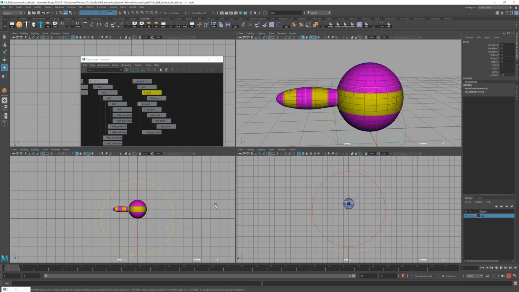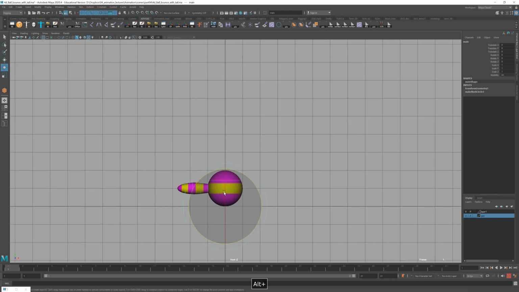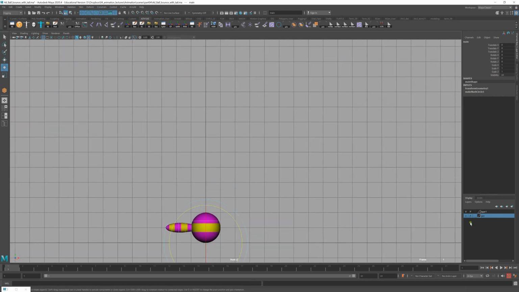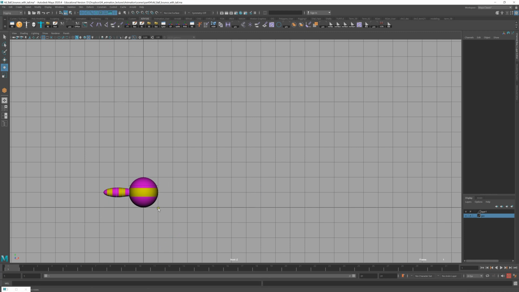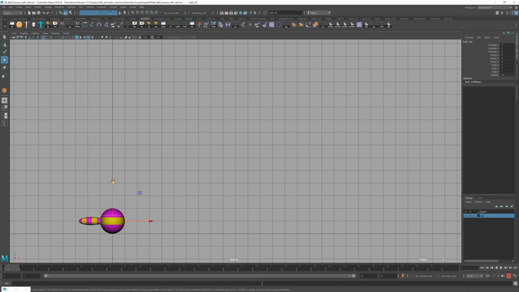Okay, we're going to do the ball bounce, but we're going to do the descending ball bounce with the tail. You do not want to use the bottom ones down here that can rotate it. You want to use the one right here that will rotate it from the center. We're going to use the same timing